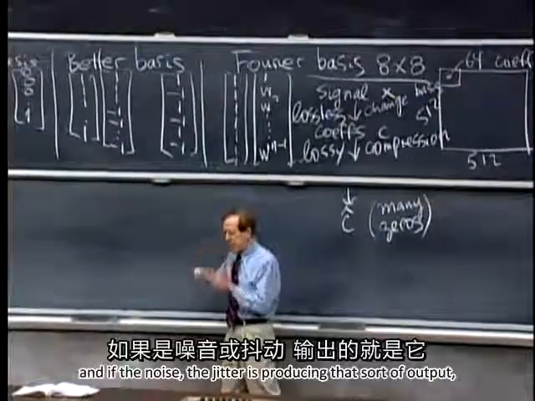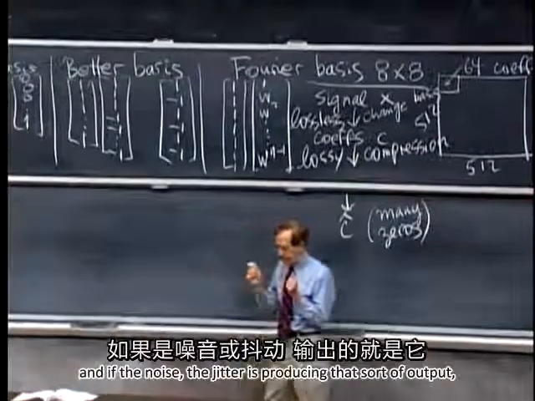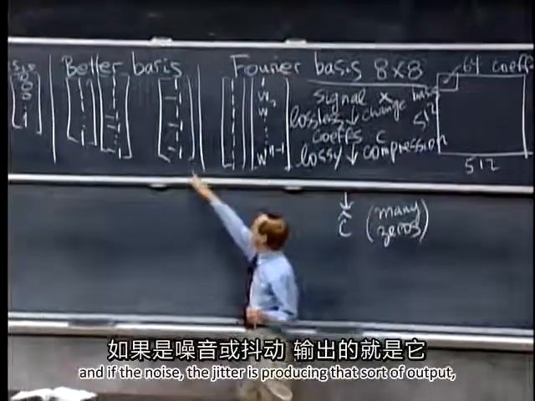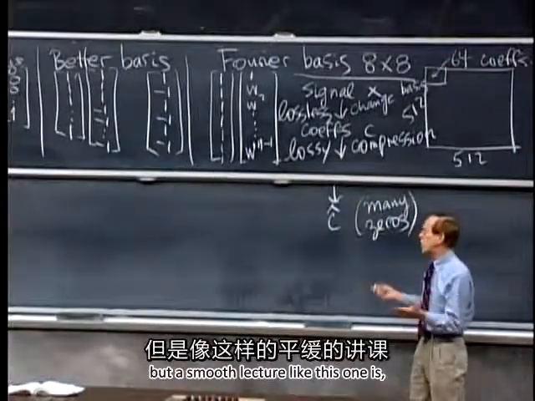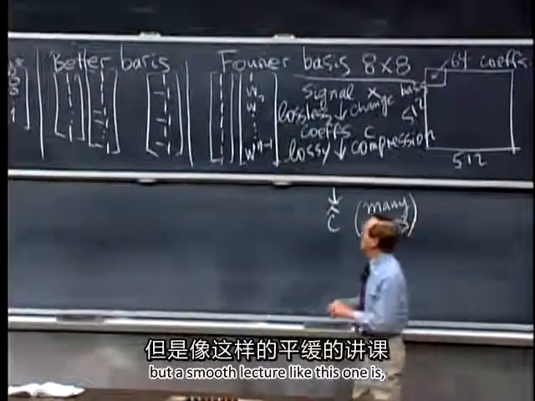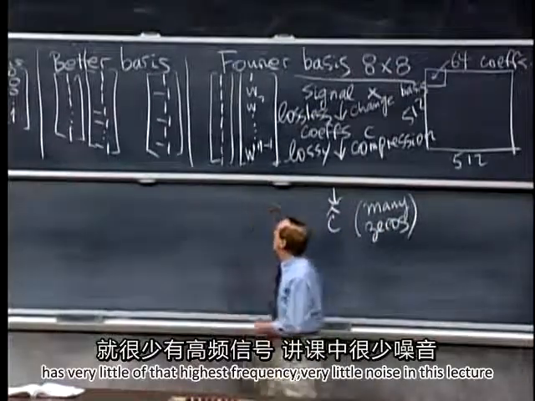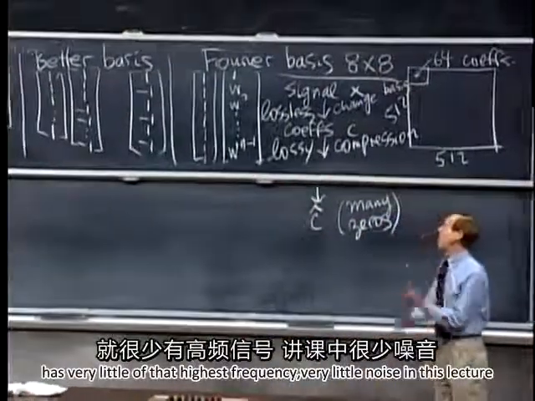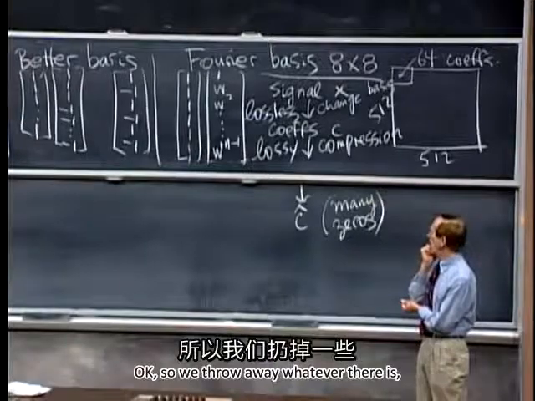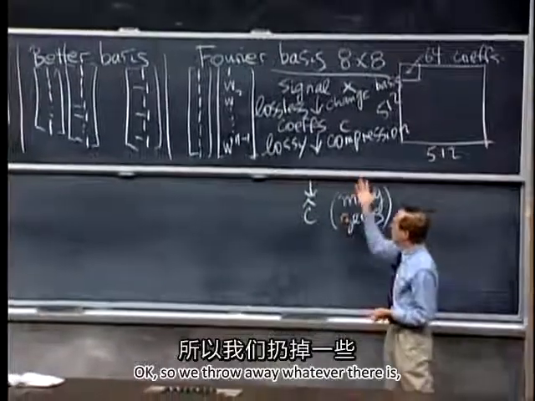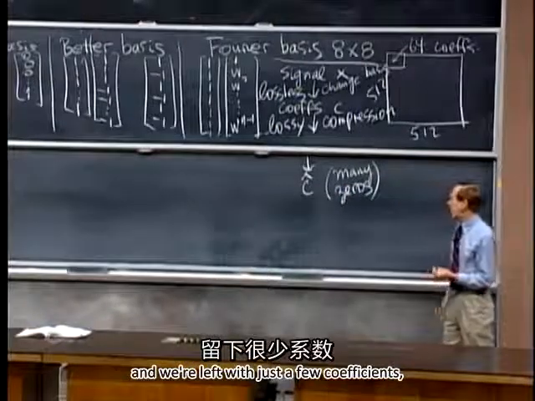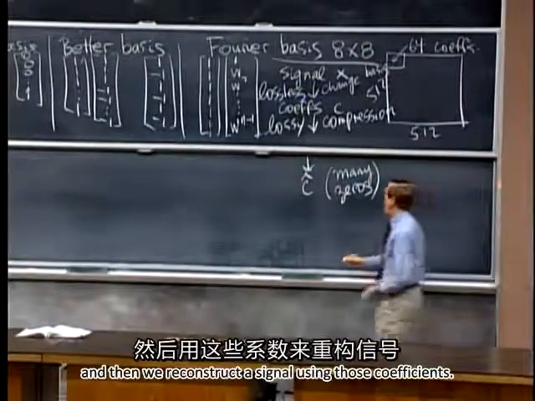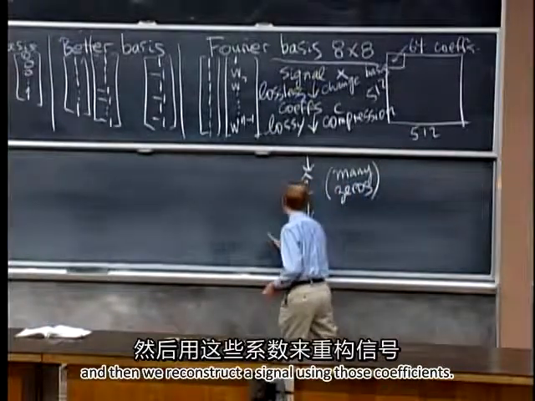And if the noise, the jitter, is producing that sort of output, but a smooth lecture like this one has very little of that highest frequency, very little noise in this lecture. Okay, so we throw away whatever there is,